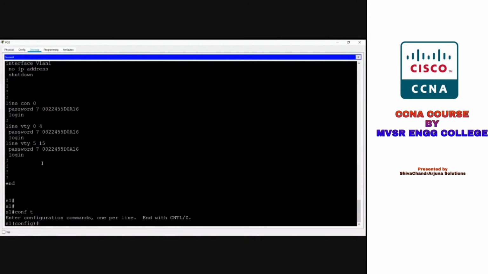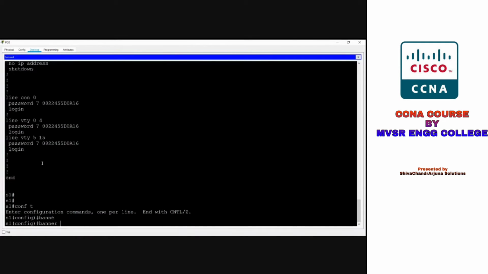To create this banner message on your network device, I want to use banner MOTD, in the global configuration mode. So banner MOTD, and I want to use the hash as delimiter.